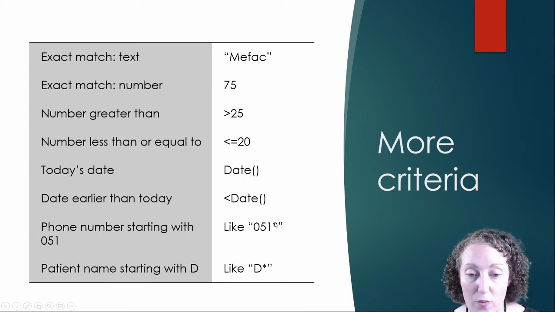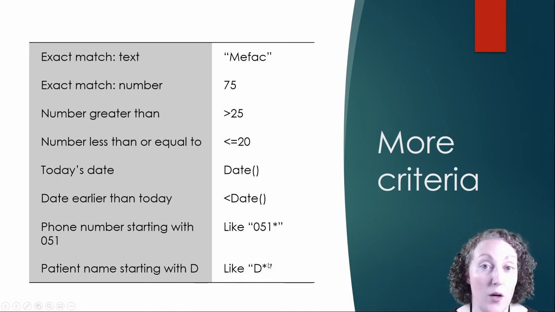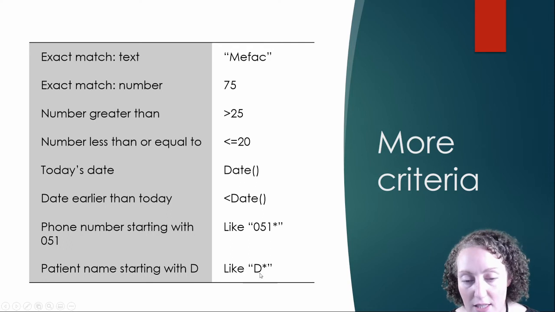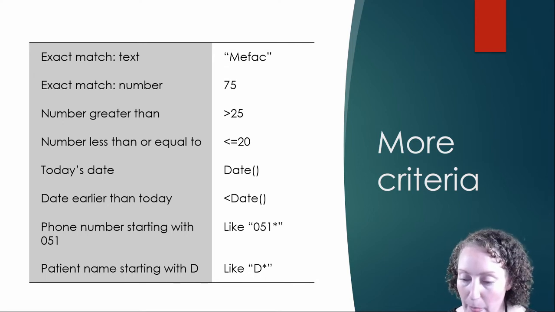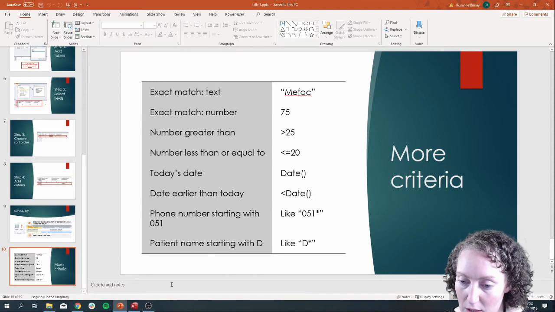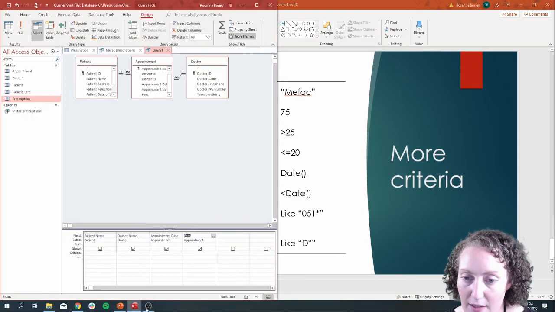The 051 and the asterisk need to be wrapped in quotation marks as well, as you can see there. And lastly then, this is another example of using like to find all patient names that start with the letter D. Again, D and the asterisk here. If I wanted patient names ending in D, it would be asterisk D instead. Okay, so that's all the different types of criteria. So just to jump back over then to Access,